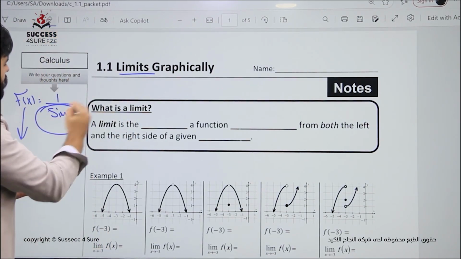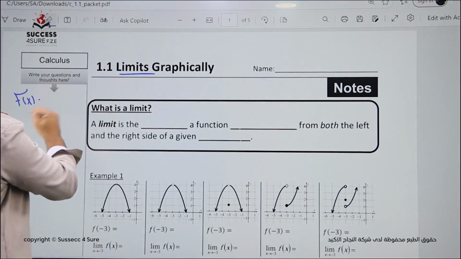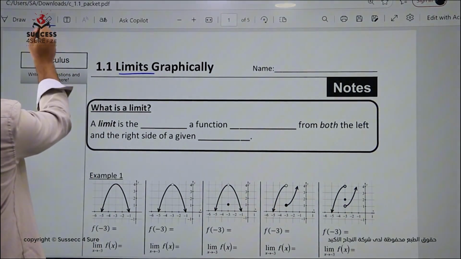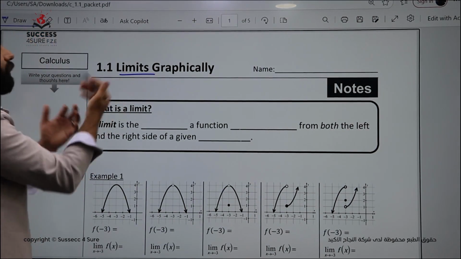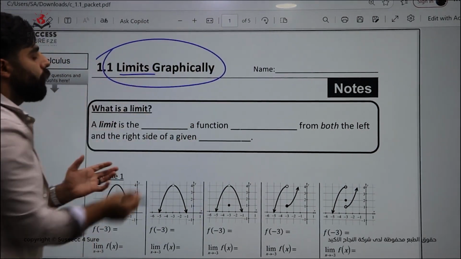Now, maybe you're not interested in the things that we are talking about right now. You are only interested in how you can deal with limits graphically, or what the word limit